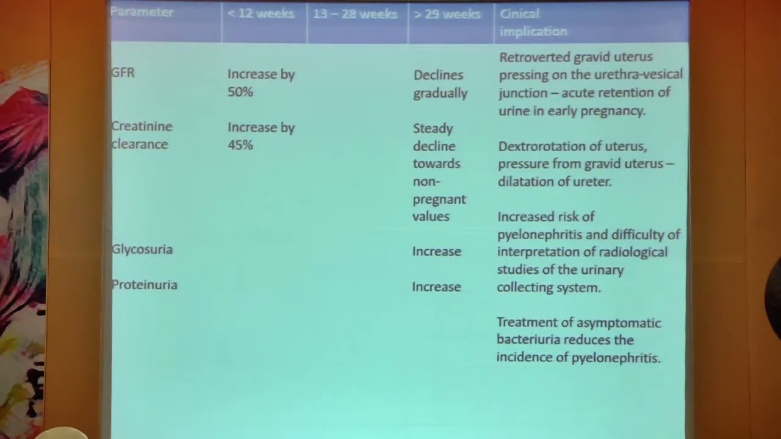There's glycosuria, proteinuria, and the retroverted gravid uterus presses on the urethrovesical junction, causing acute retention of urine in early pregnancy. Because of dextrorotation of the uterus, there's pressure from the gravid uterus causing dilatation of the ureter, increased risk of pyelonephritis, and difficulty in interpretation of radiological studies of the urinary collecting system, and treatment of asymptomatic bacteriuria reduces